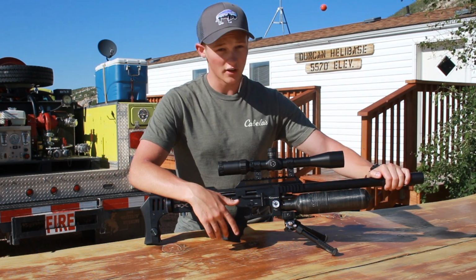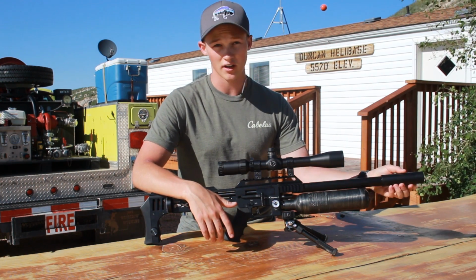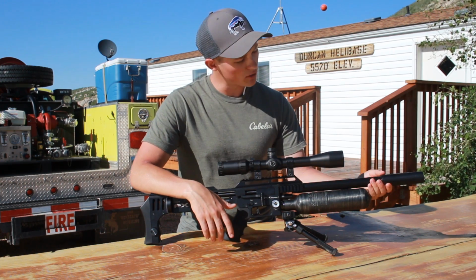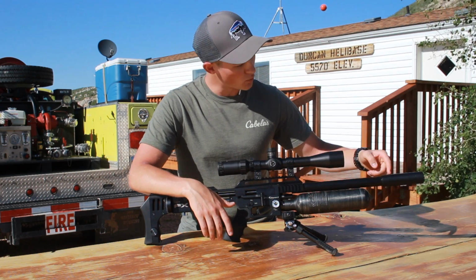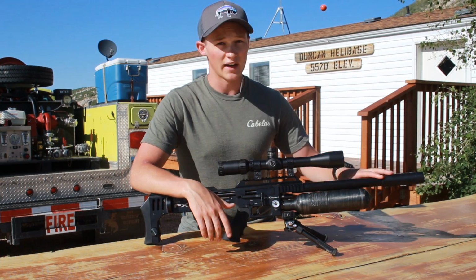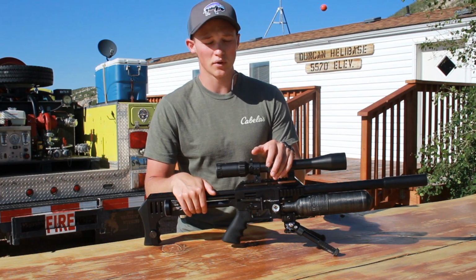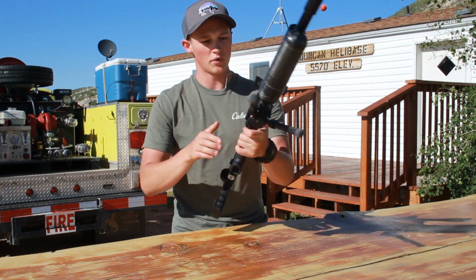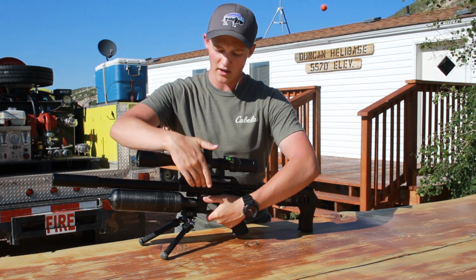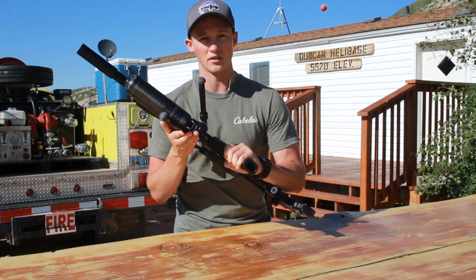We have a fully shrouded 24-inch barrel with the moderator. This moderator actually unscrews and comes off, and the moderator's length is adjustable. Each one of these segments can be taken out to lengthen or shorten the moderator, and that will affect your muzzle report as well. The gun comes standard with a Picatinny rail on top, a Picatinny rail on either side here, and a Picatinny rail here on the bottom, which I have my green blob mounted